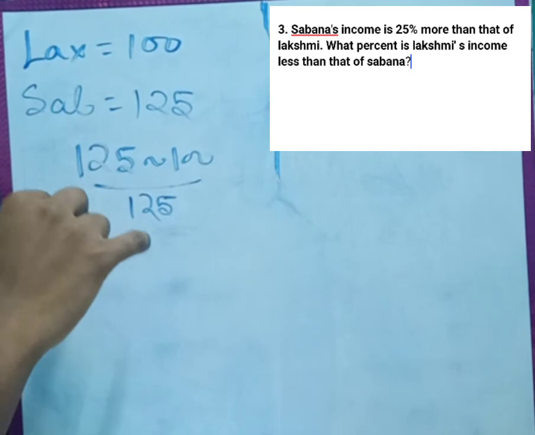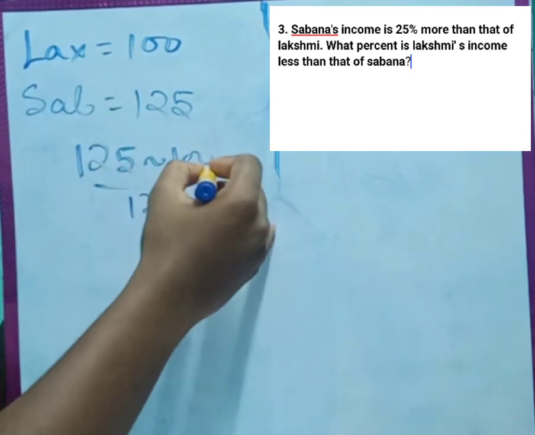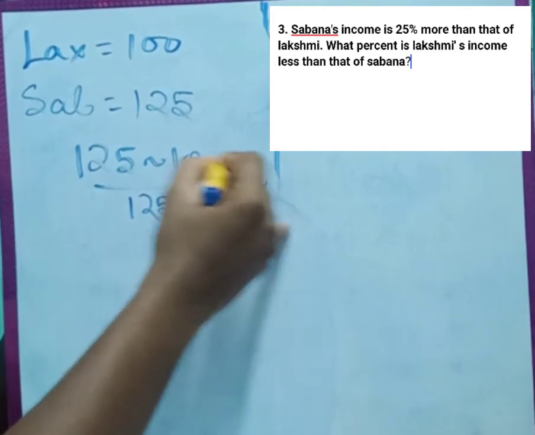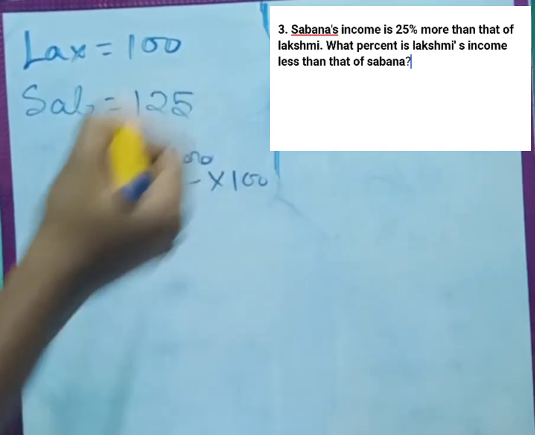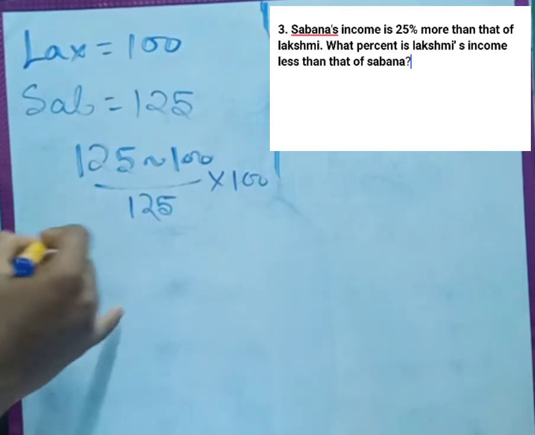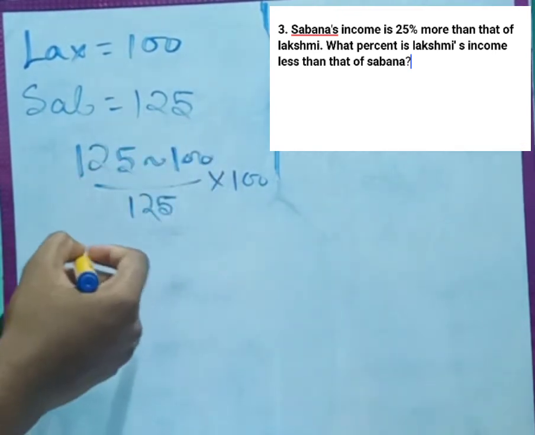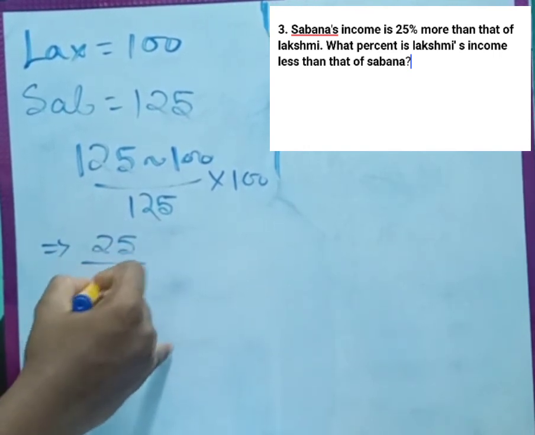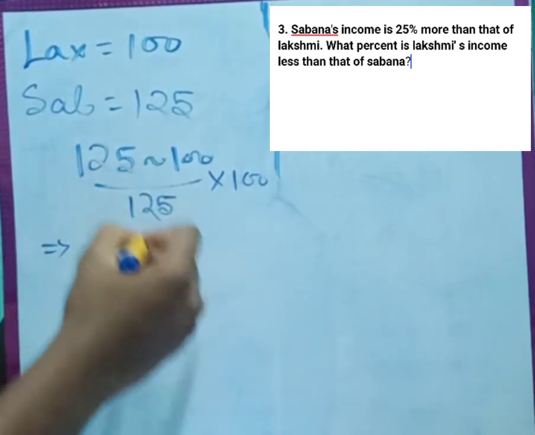So with whom you are comparing, that thing should come down. In terms of percentage, we need our answer, so into 100, right? In terms of percentage, we want our answer. So further, when we solve, the difference of 125 and 100 is 25, divided by 125, which is Shabana's income,